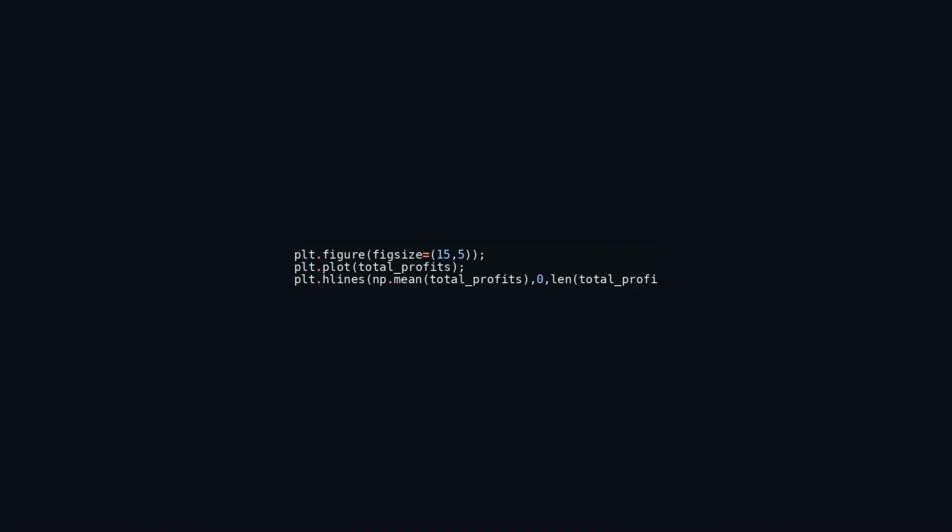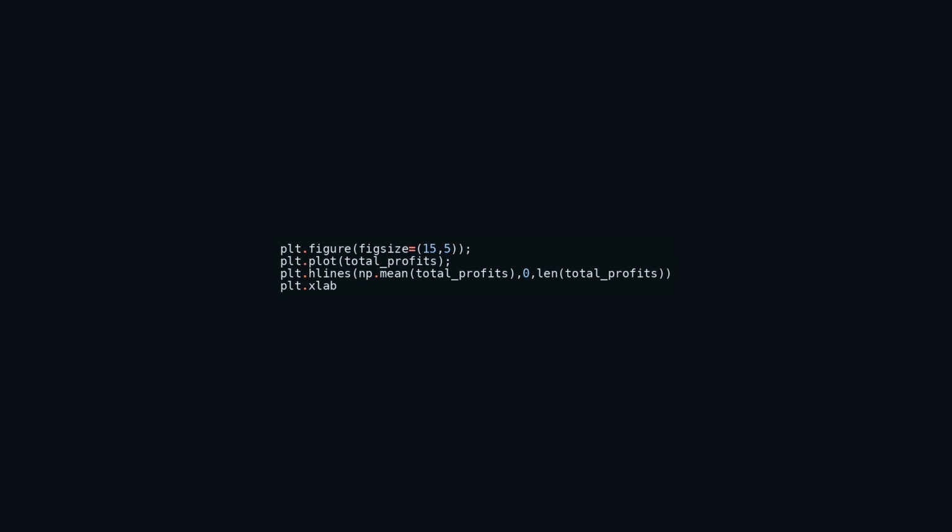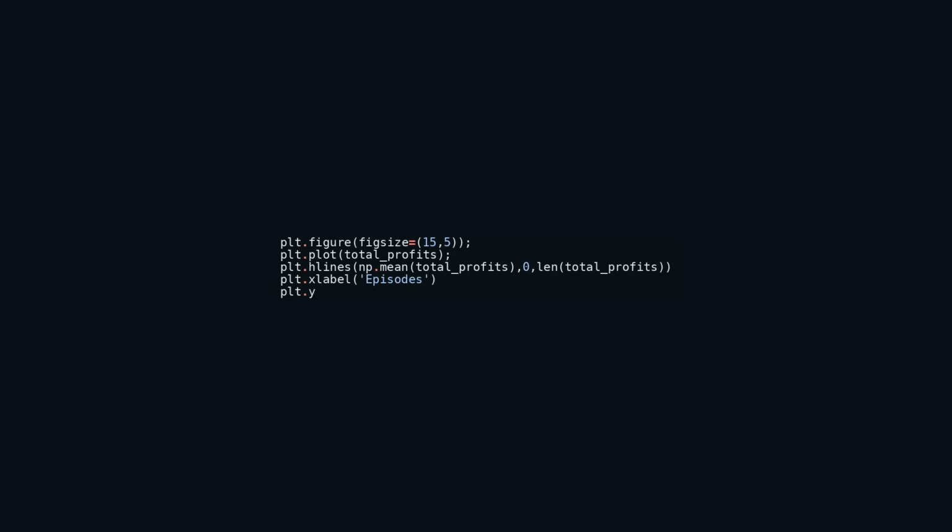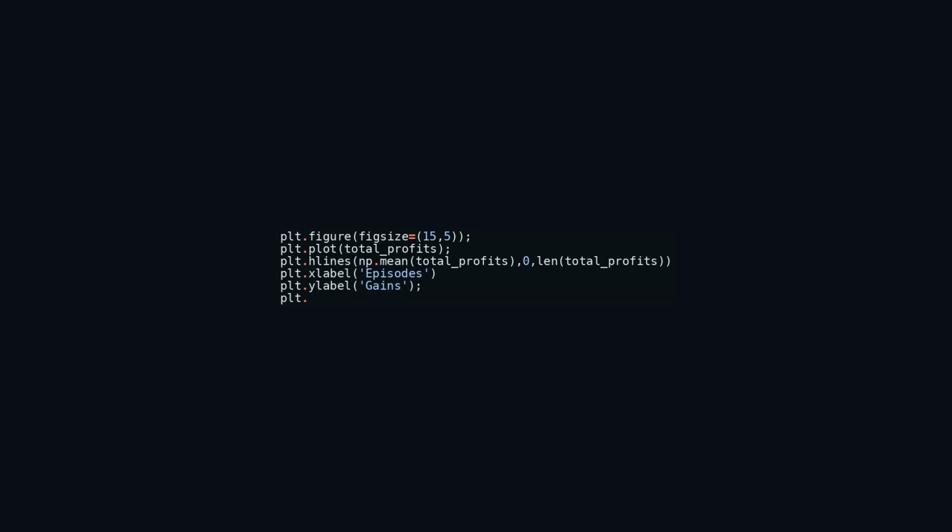Using plt.plot, plt.plot of mean total profits, to provide a visual representation of the average profit level. 4. Assigning the x-axis label as episodes through plt.xlabel to denote the data presented on the horizontal axis. 5. Defining the y-axis label as gains with plt.ylabel to describe the data depicted on the vertical axis. 6. Setting the plot title to evolution des gains en fonction des épisodes with plt.title,